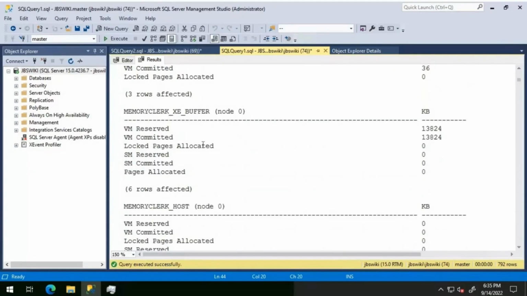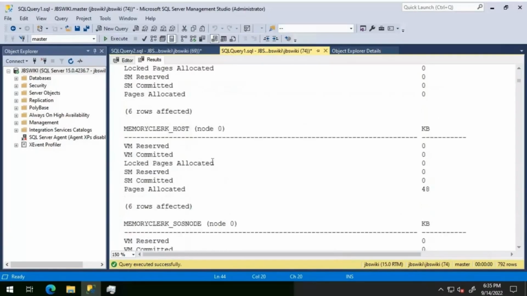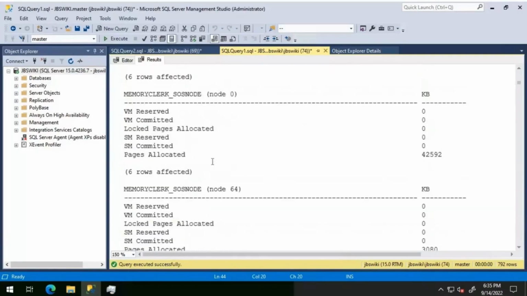When there is an issue, for example, a 701 out of memory error, then we can look at the things that we just discussed and understand if it is an internal memory pressure or an external memory pressure. And then we can look at the individual clerks and understand which particular clerk is taking much memory. And depending on that, we will be able to troubleshoot it further. So moving on,